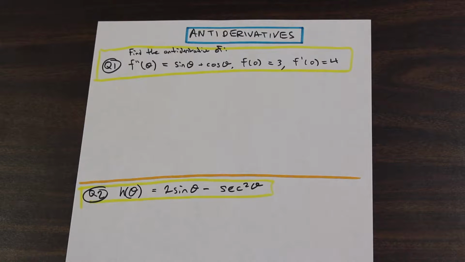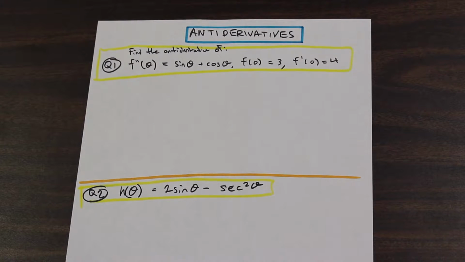Fred here at Math and Engineering, and we're going to look at just two more antiderivative problems. We're not going to do too many problems in this section, because we're going to do so much of this when we do integrals in this course and in the next, Calculus 2. Hopefully this gives us a good introduction to integrals. So let's find the antiderivative of f double prime theta equals sine theta plus cos theta,